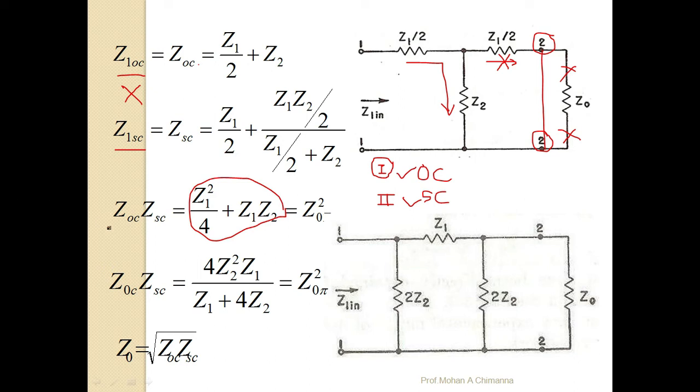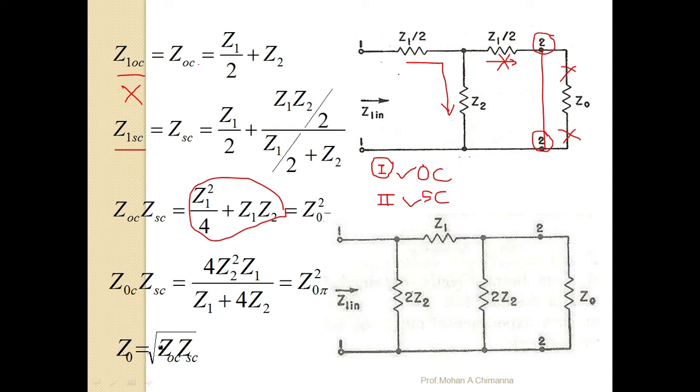So ZOC into ZSC is equal to Z0 square, and Z0 pi square for the pi network. So what we do here is take open circuited and short circuited for the T network, and open circuited and short circuited for the pi network, and we realize that the output impedance is equal to the square root of